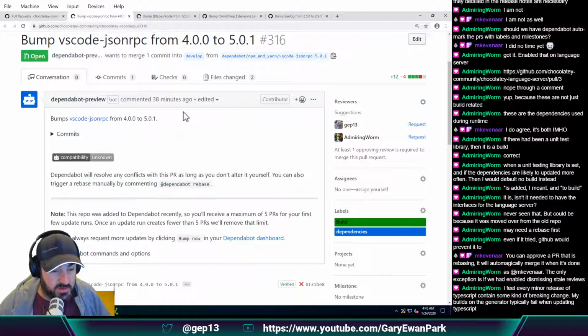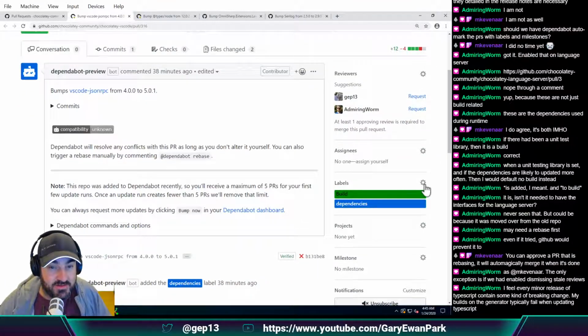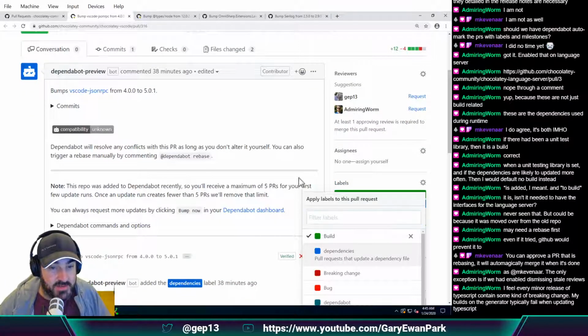I feel every minor release of TypeScript contains some kind of breaking change. I agree, and that's why I was hedging my bets between the minor causing problems and not, but I suspect that there will be something. So I'm going to take dependencies off,